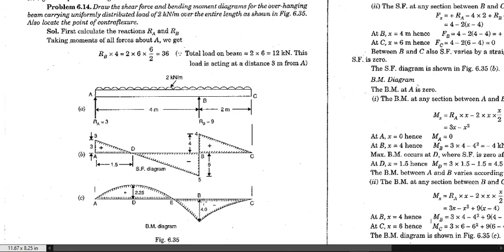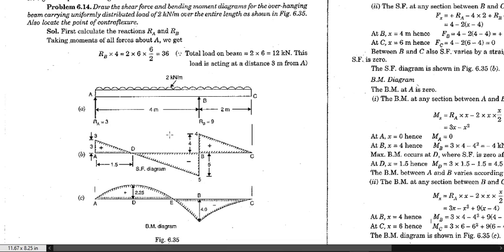Similarly, if you want the bending moment at this place, you know the distance is 1.5, and from this it is 2.5. So this 2.5 plus 2 will give you 4.5. So minus 2 times 4.5 whole square over 2, that will be a negative value, and plus 9 times 2.5, which gives you 22.5. So if you add both of them together, you will get 2.25. That is the bending moment value at this place, that is 2.25.